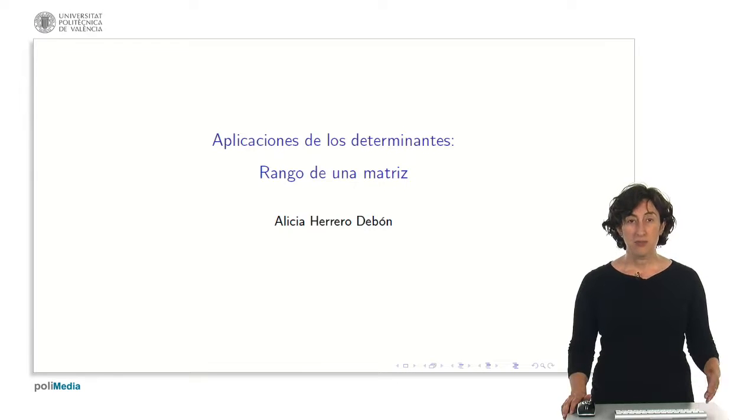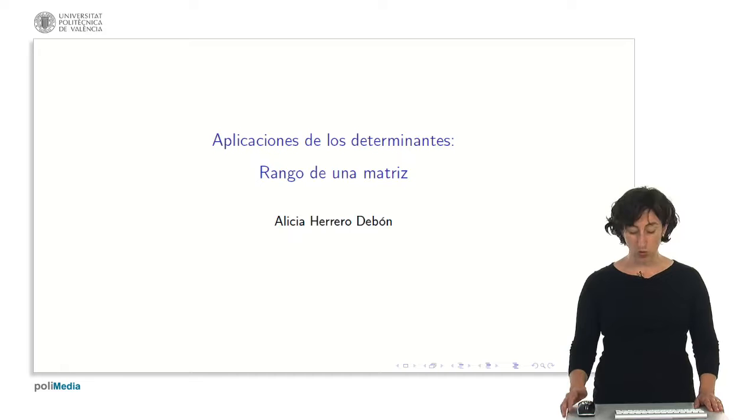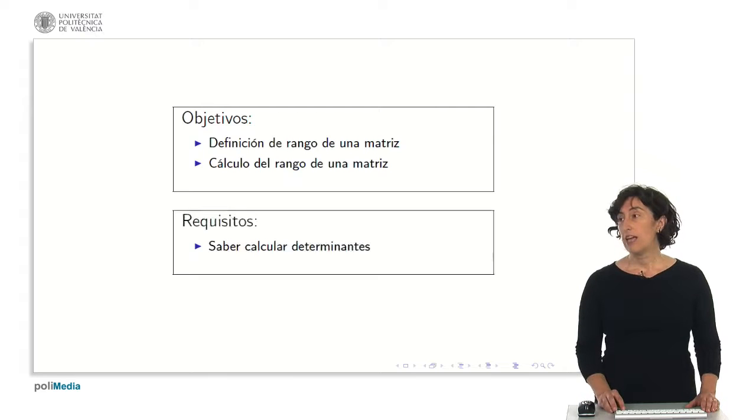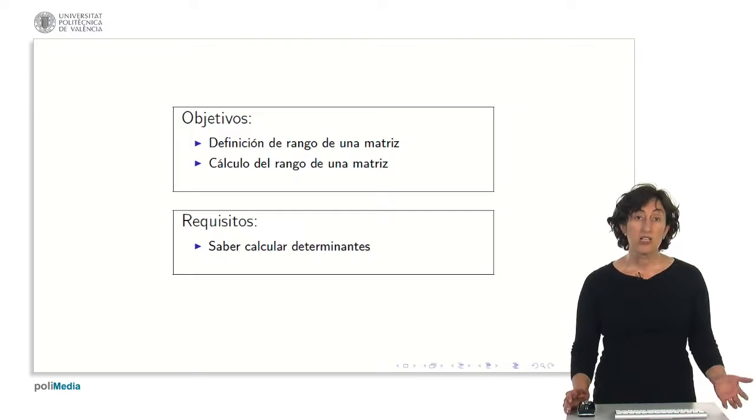In this unit, we are going to talk about one of the applications of the determinants to calculate the rank of a matrix. We are going to see what the rank of a matrix is, how it is defined, and how it is calculated. To do this, we must remember how the determinants of matrices of any size, 2, 3,